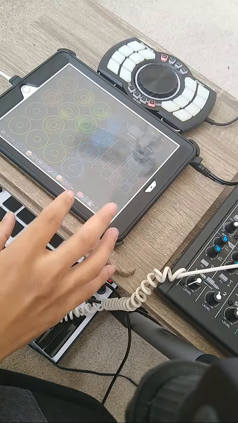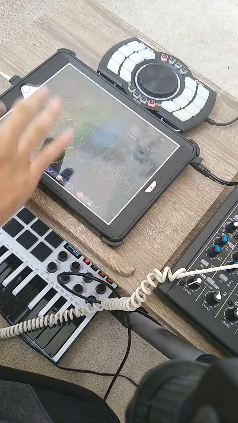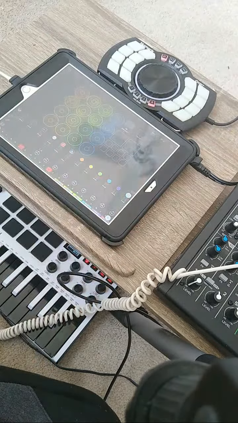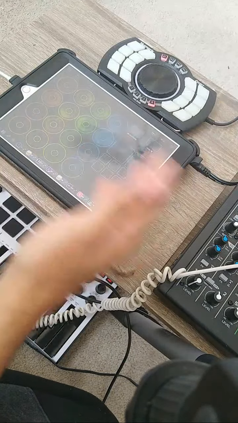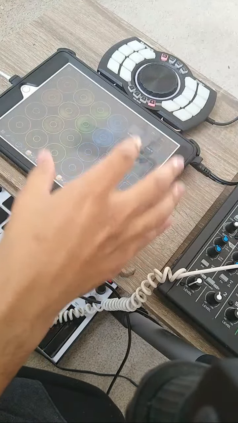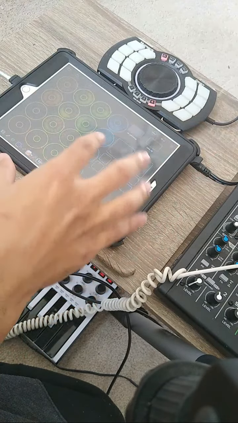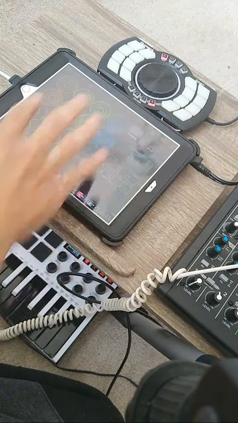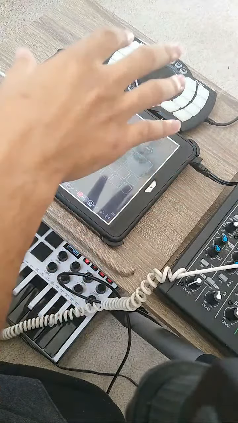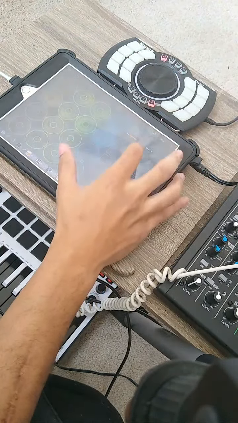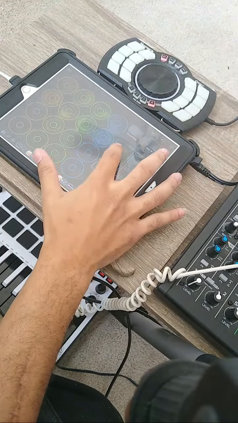So what I want to show you guys is the other features like the mixing board, the mixer, and how I have everything routed. Just going more in depth on how my setup is set up, and then I'm gonna show you guys how to customize it and make changes to your layout. So right now I have my XY pads on my